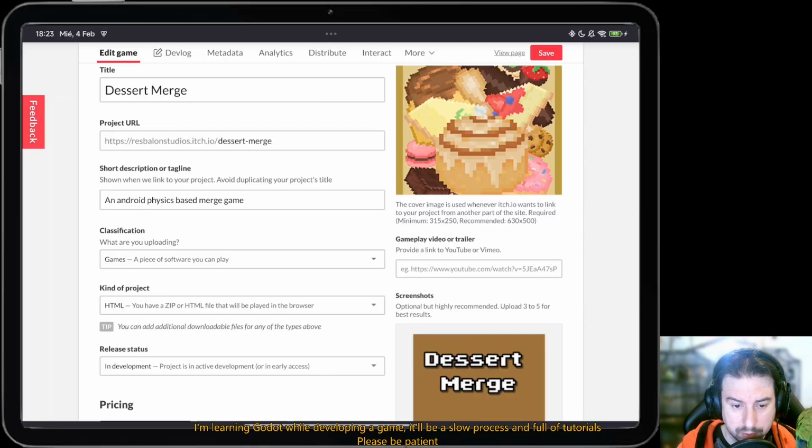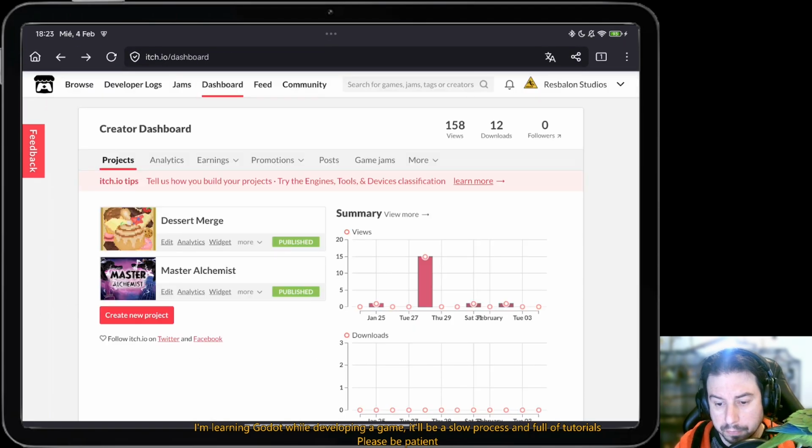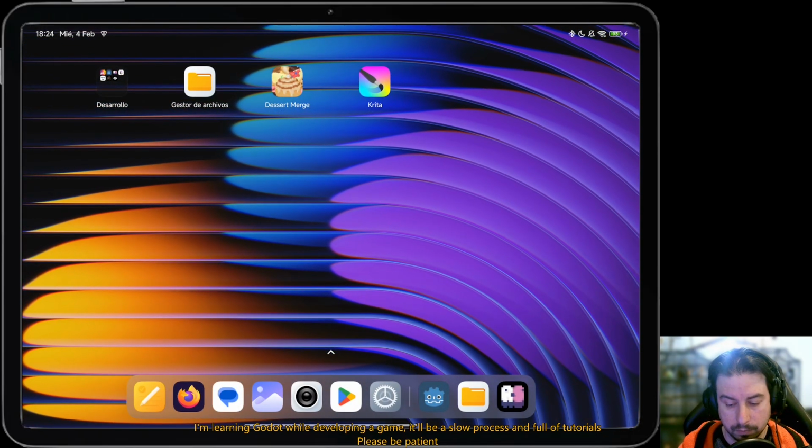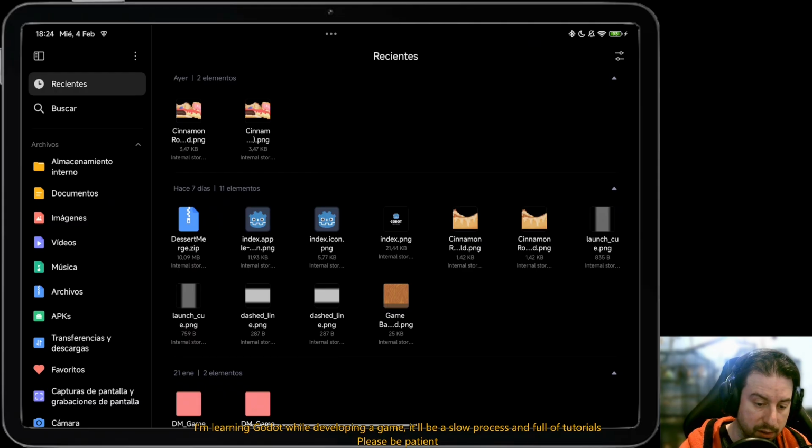And then let me go back, and then I need to upload a zip file with the game exported as